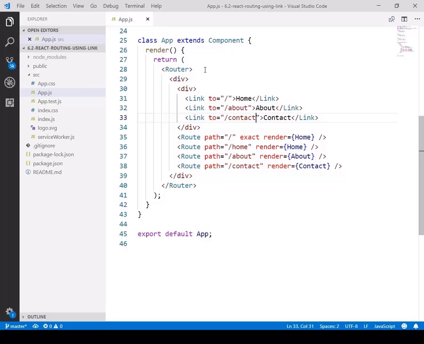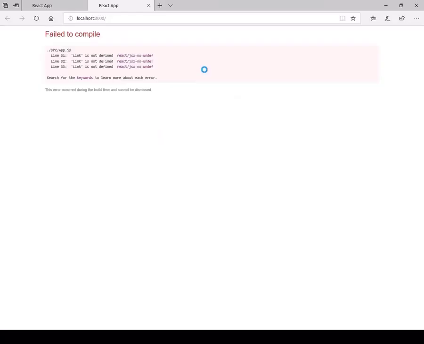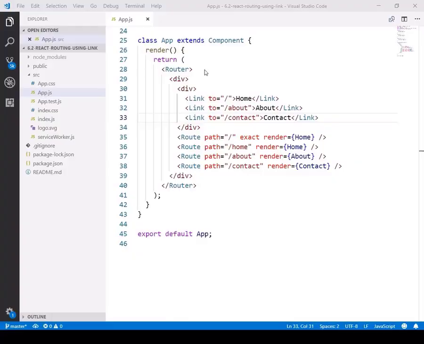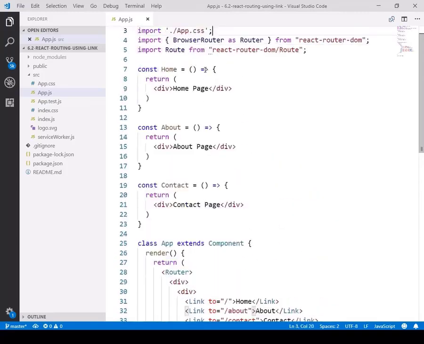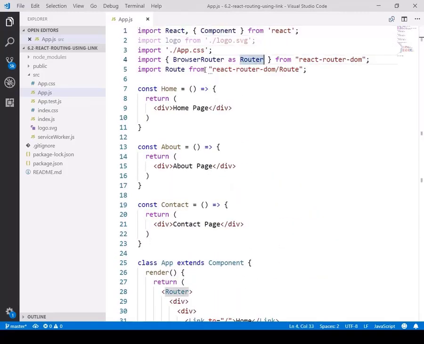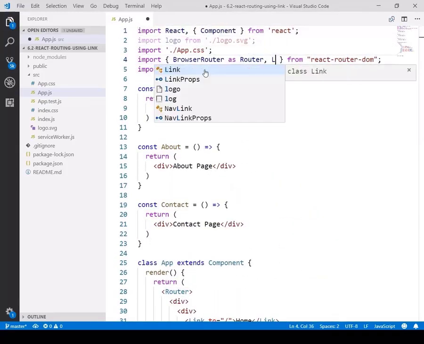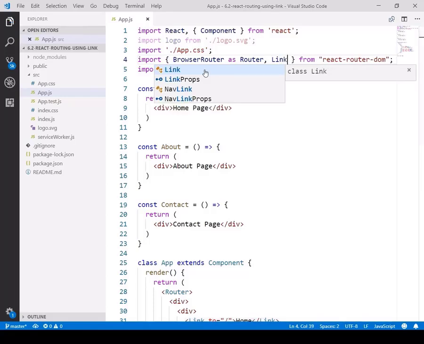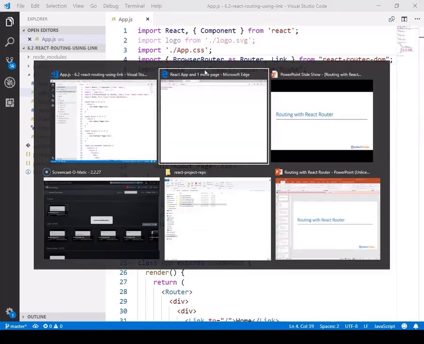So in this case, when I run my application, I can see that link is not defined, because link also exists in our React Router DOM, which is another sort of component available in our repository of React Router DOM.